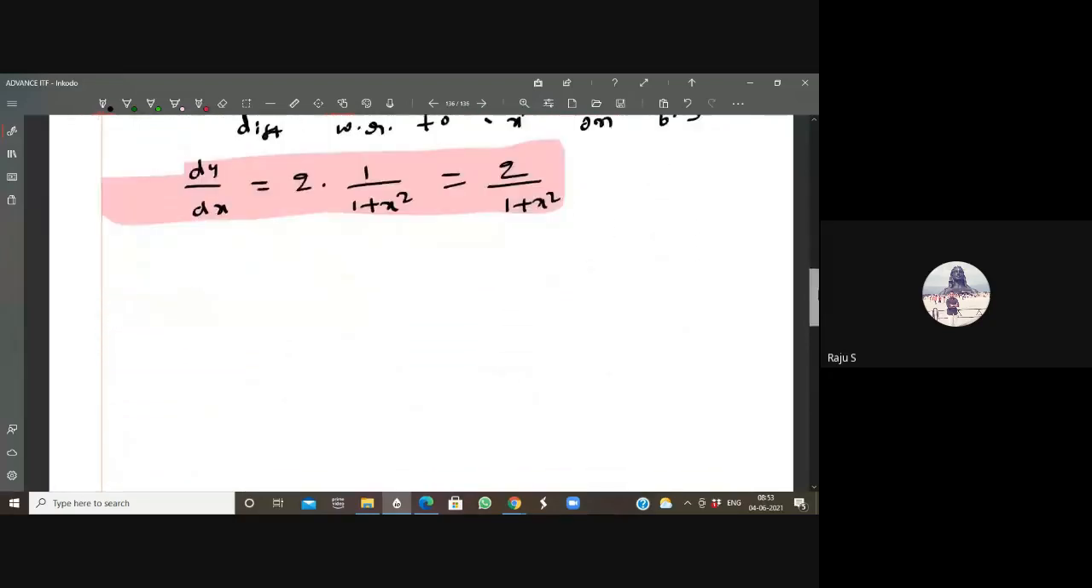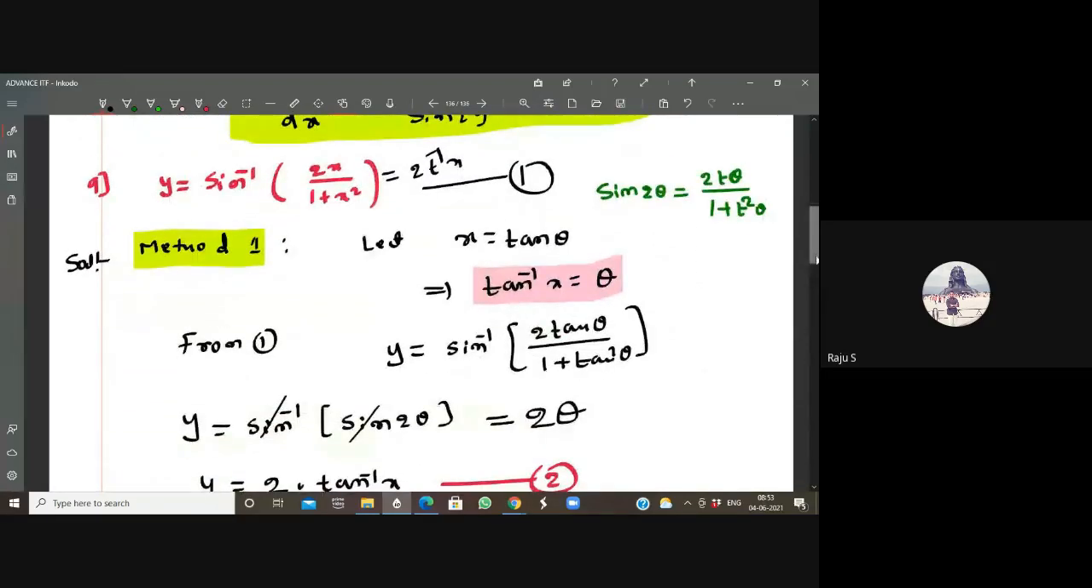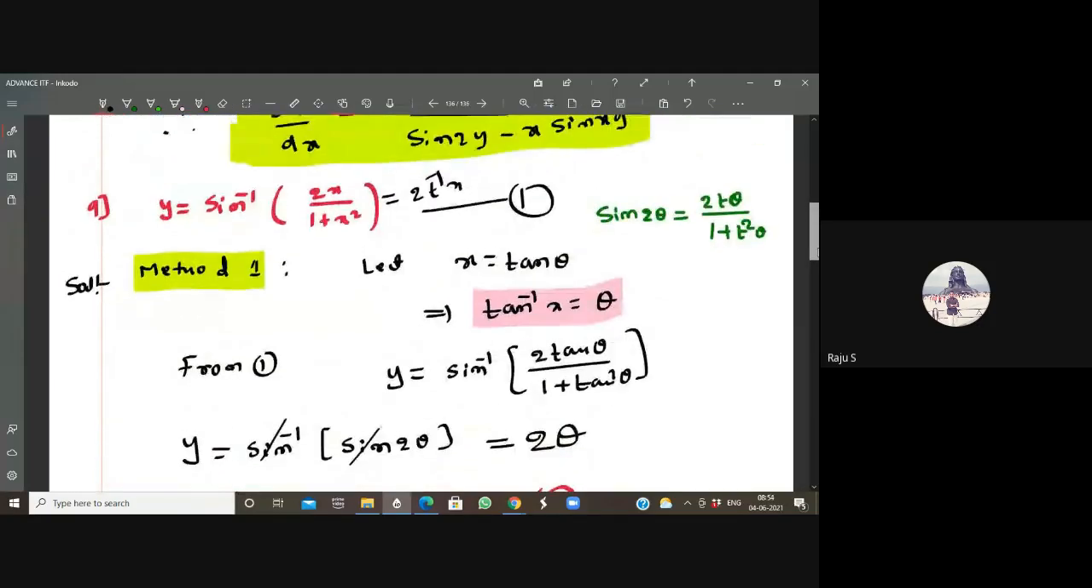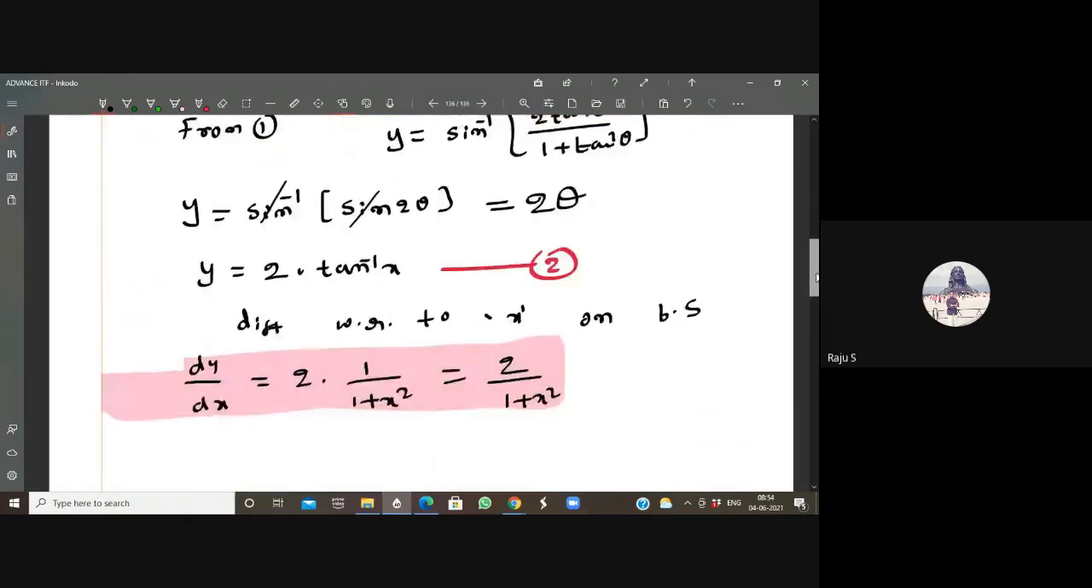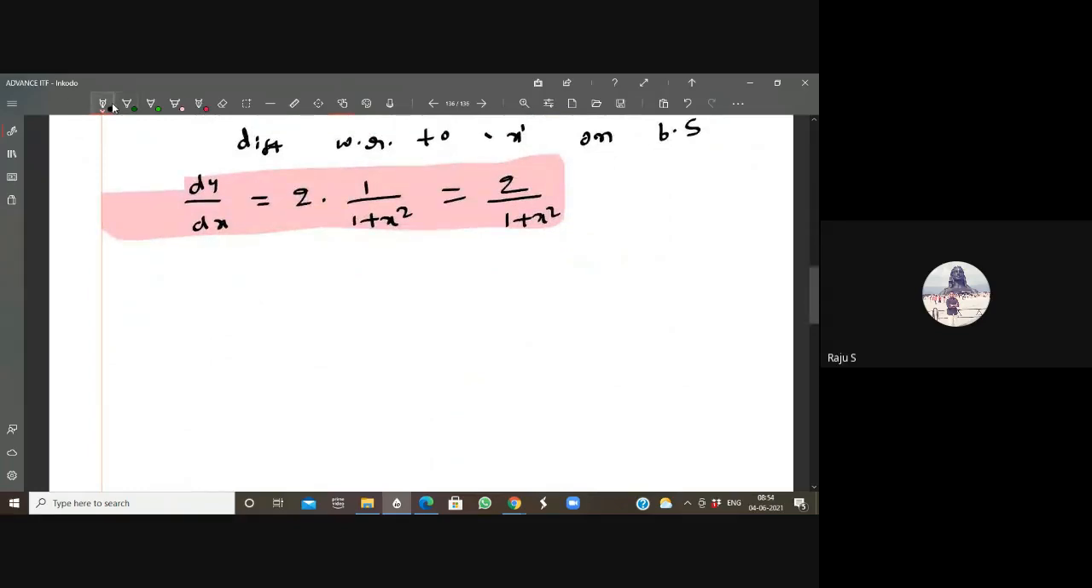Okay, we'll discuss method 2. Method 2 is simple, one minute more. Method 2 means the sine inverse you can take to the left side. If I take sine inverse to the left side, what will happen? Sine y is equal to 2x by